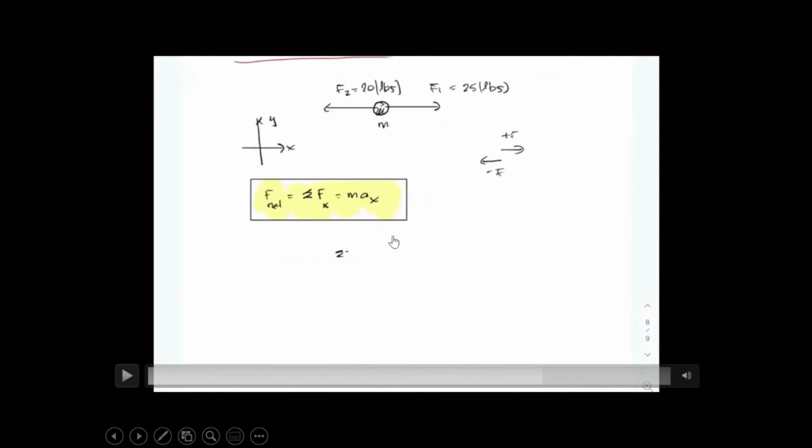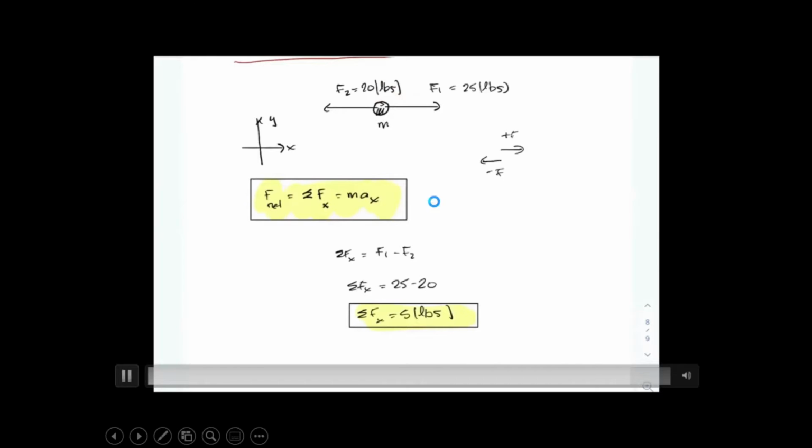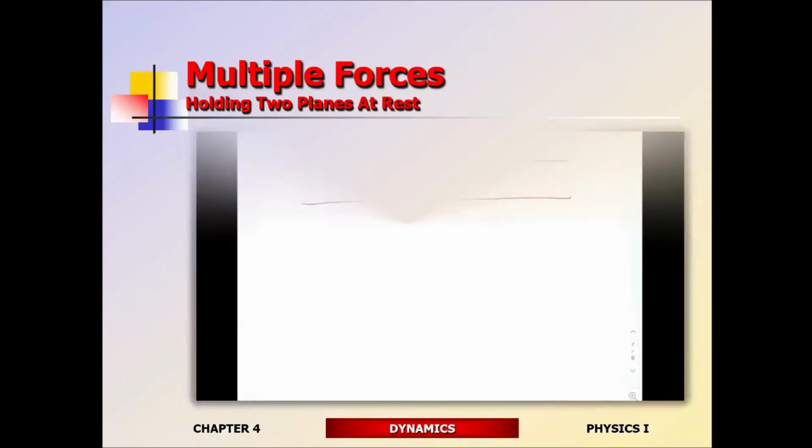So how do we do that? Well, you got a force to the right, so that's going to be positive, and you have a force to the left, so that's going to be negative. So 25 minus 20 is going to be 5 pounds of force. So that's a force summation. Net force is the sum of all the forces acting on a system, the sum of all the forces acting on the mass. The resulting net force is what causes the acceleration. And so